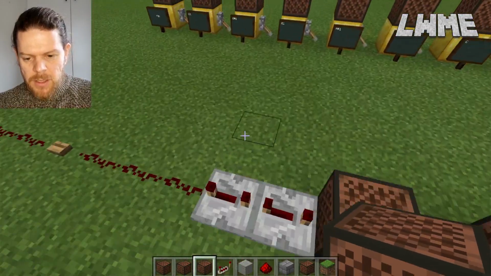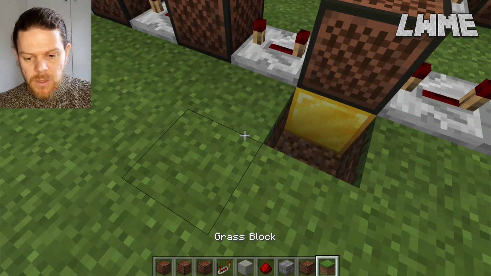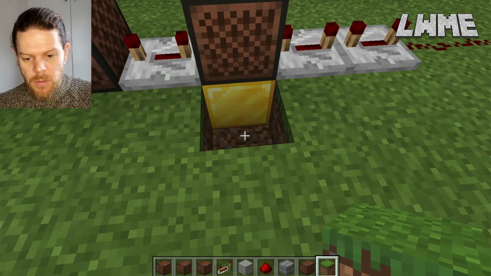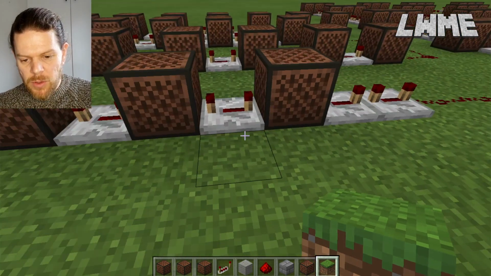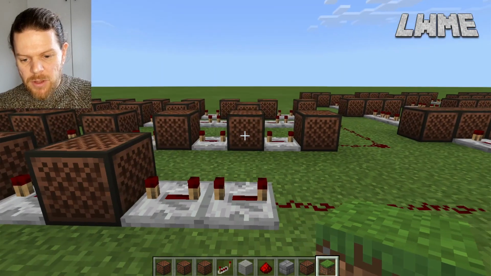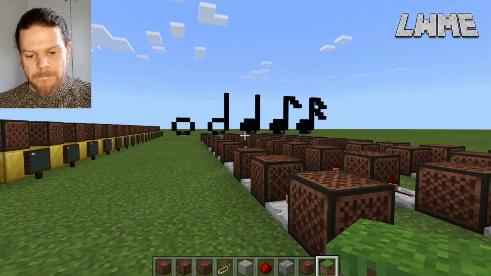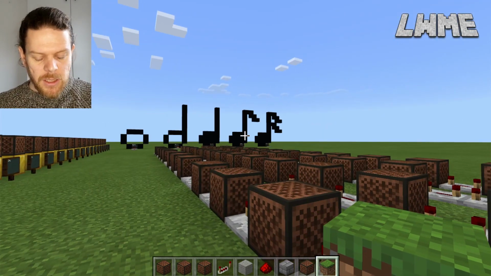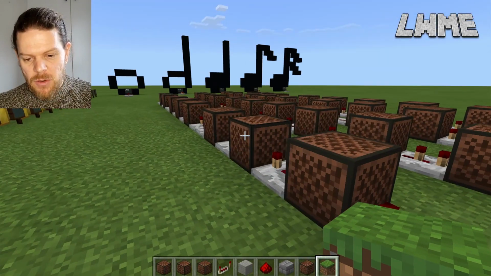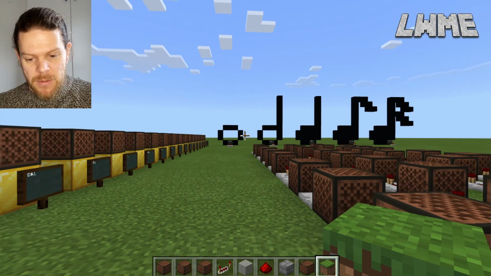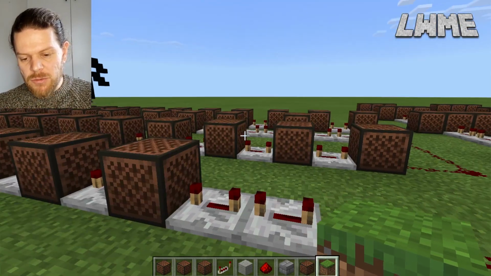There you go. And all we've done here is we've dug down one block, put down a gold block there, and then put the note block on top, copied the correct note from the line here of the ones that we want, and we've gone ahead and put those in the right order. And again, the rhythms, I just googled Jingle Bells sheet music, and I just copied the rhythms there. So you don't need to know a massive amount about music to be able to put down a song like this. It helps, probably makes things a bit quicker, but if you keep checking it and listen to it, you will hear if it's right or wrong.